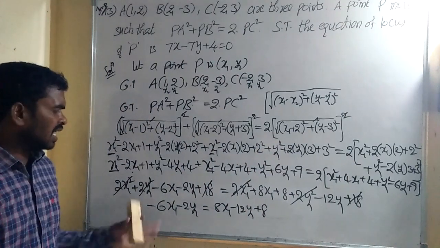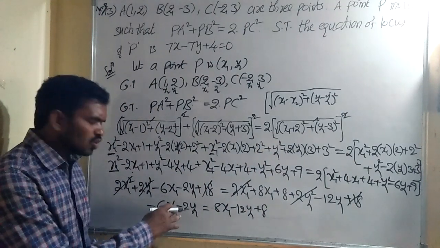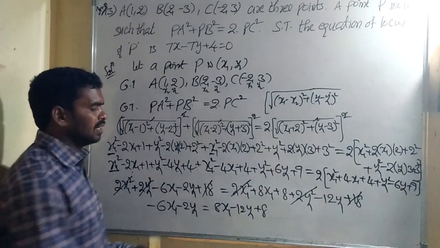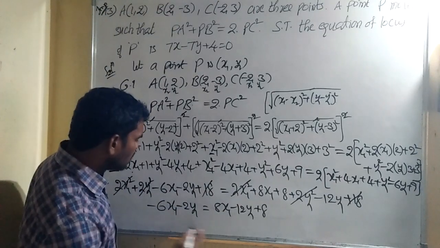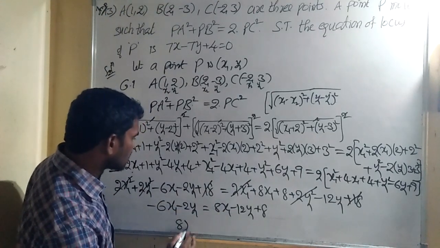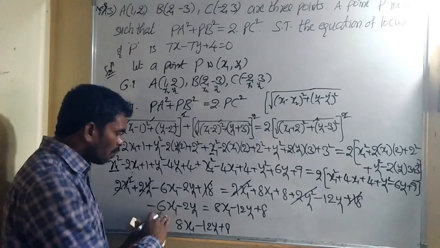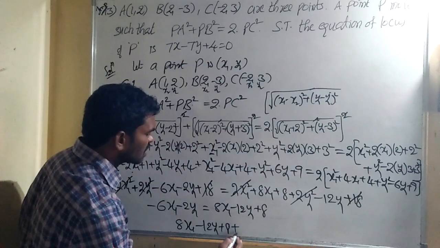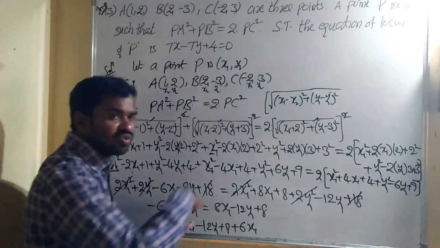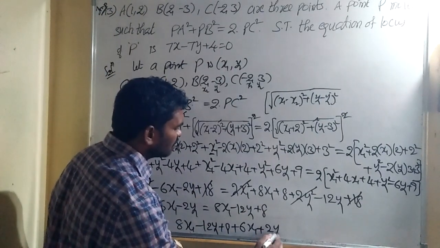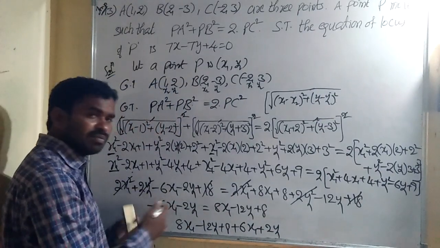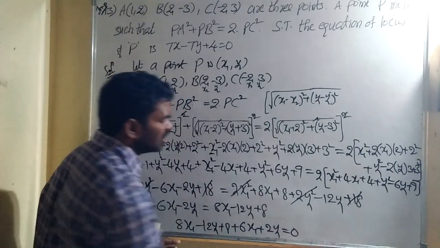Okay. The next two, these are negative terms. So these I am sending to right side. So what is the right hand term? 8x1, that is writing as is, 8x1 minus 12y1 plus 8 as is I am writing. Minus 6x1 send right side, so it becomes plus 6x1. Minus 2y1 send right side becomes plus 2y1. So what is the left hand side? There are no terms, means is equal to 0.